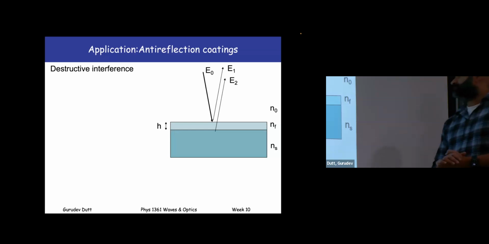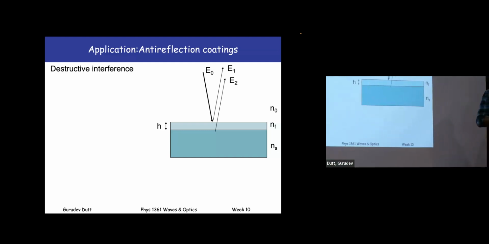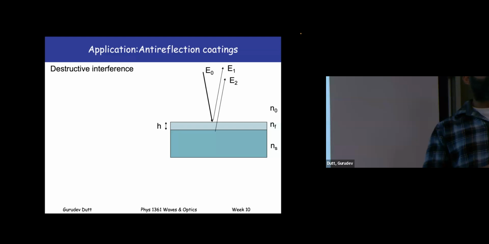Okay, so what is an anti-reflection coating? The basic idea is that there are many situations where we do not want a reflection from a surface. Specifically, you can imagine that you have a laser beam that is going into some system where you are trying to measure some properties. You don't want to lose some of the laser power in reflections from glass surfaces. Along the way, things like the National Ignition Facility, we're trying to do fusion experiments. Those lasers are super powerful. And if even a tiny amount of light is